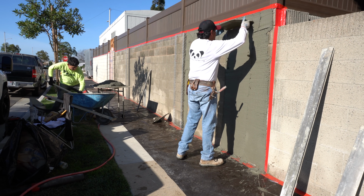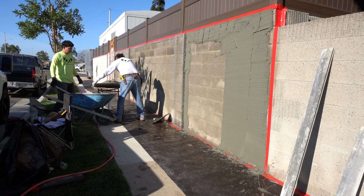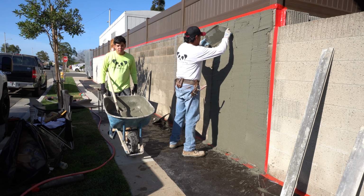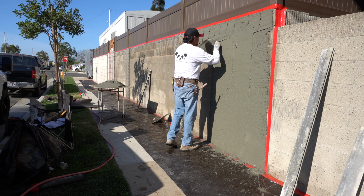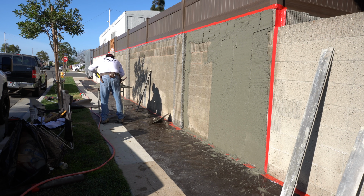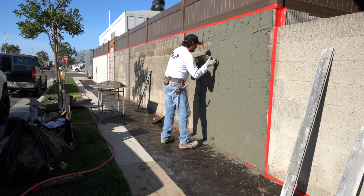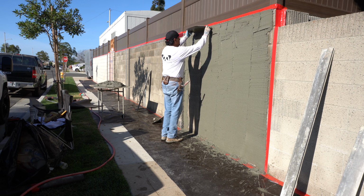That way you can shape it and shift it as you need, because you're still going to have to move that cement around. And that way it's all nice and straight and nice and flat. What you can see is Miguel in the video, he grabbed his hawk and trowel and he was able to square up the top first, and then he grabbed the gold devil, which is that tool that he grabs with 2 hands, and you can get a lot more mud out of there. And he's putting on the first coat with the gold devil, and he